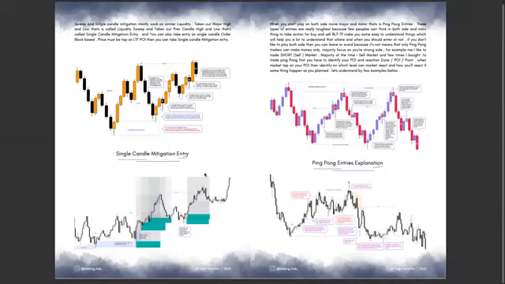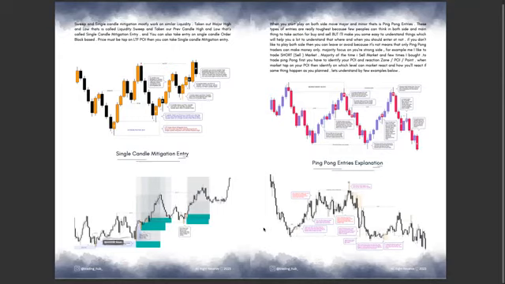Same thing happens here on the sell side, right? Single candle mitigation, right? These are ping pong, taking out the inducement, session high low sweep, and everything, right? The main thing is identifying the liquidity. Find the liquidity, find the inducement, and buy or sell on a lower time frame. Simple, right? But don't make it complicated and don't trade